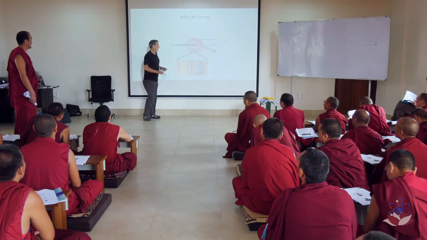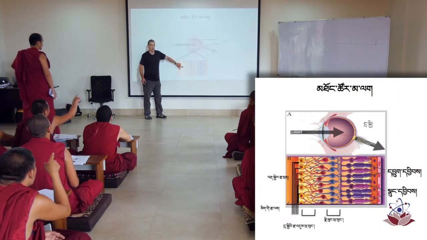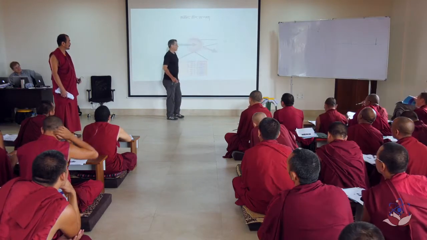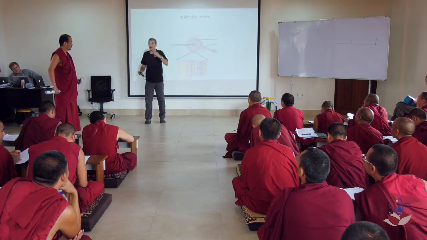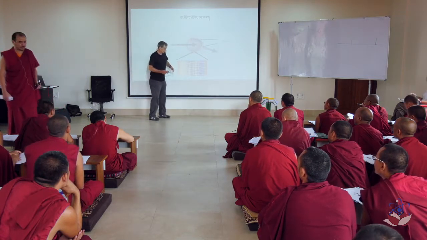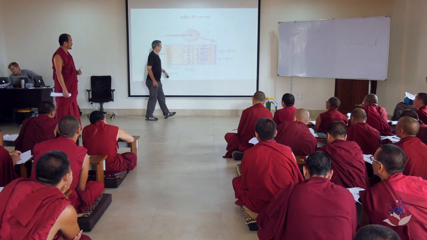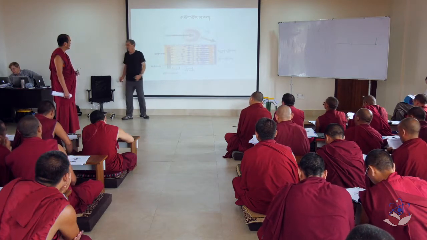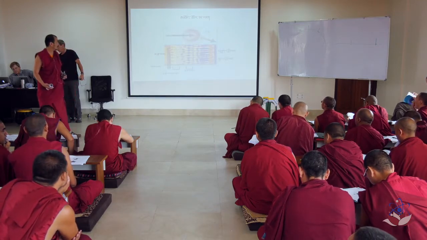So, where are the rods and cones? Here? Oh, over here. Okay. So, the rods and cones, depending on the type of light, will fire an action potential. These are the cones, rods and cones. They fire an action potential. Okay? And eventually it comes to the next series of